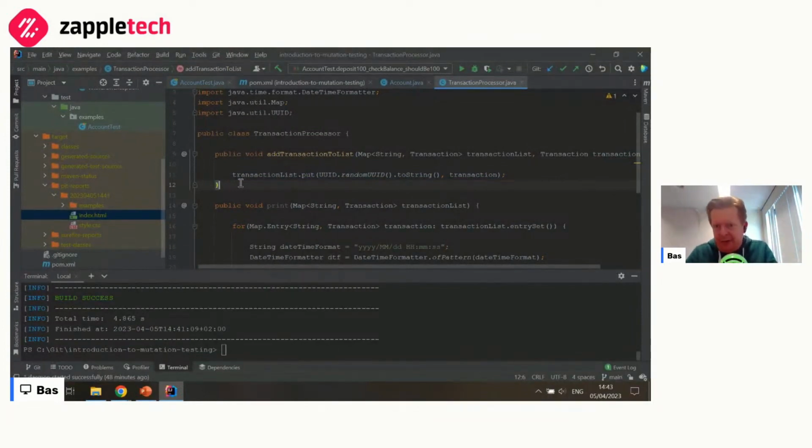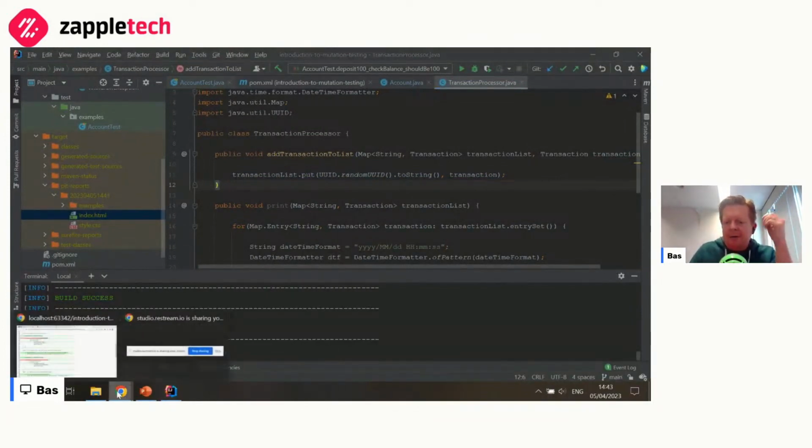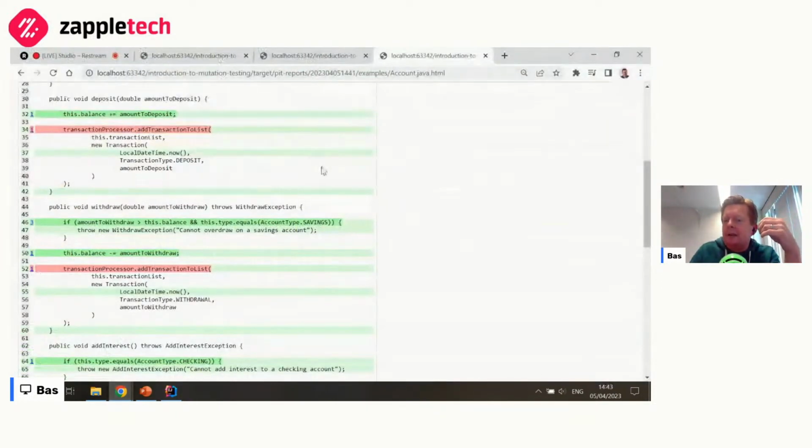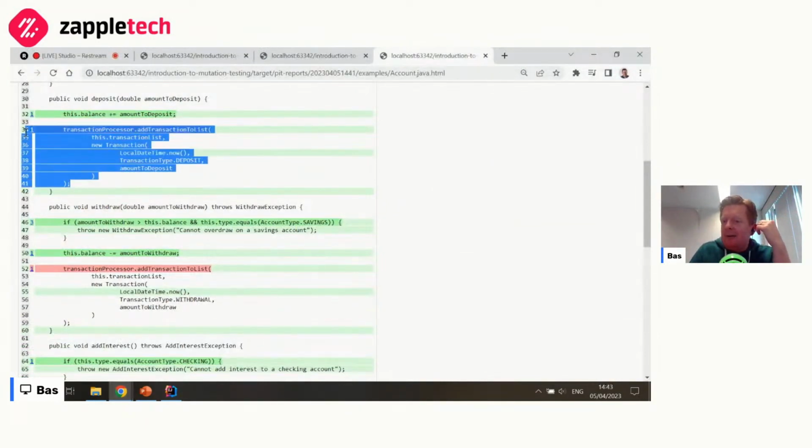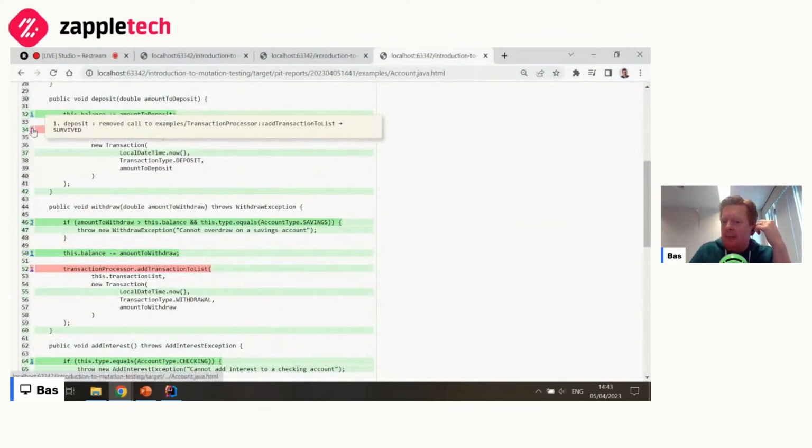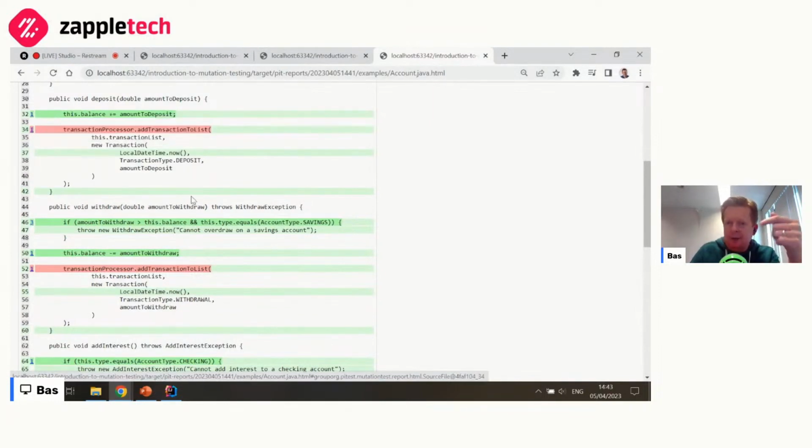Pretty useful thing to have, I think. However, what our mutation testing tool tells us here is that I've removed this entire method call. I removed the call to add transaction to list, and none of your tests picked up on that.